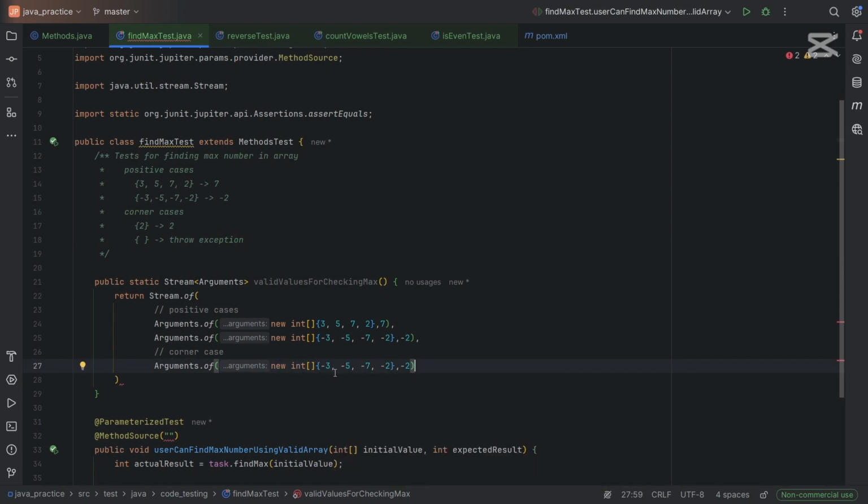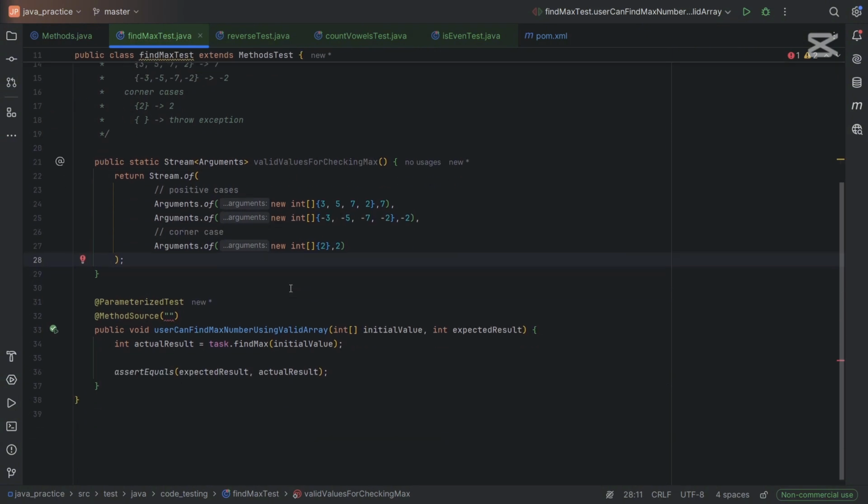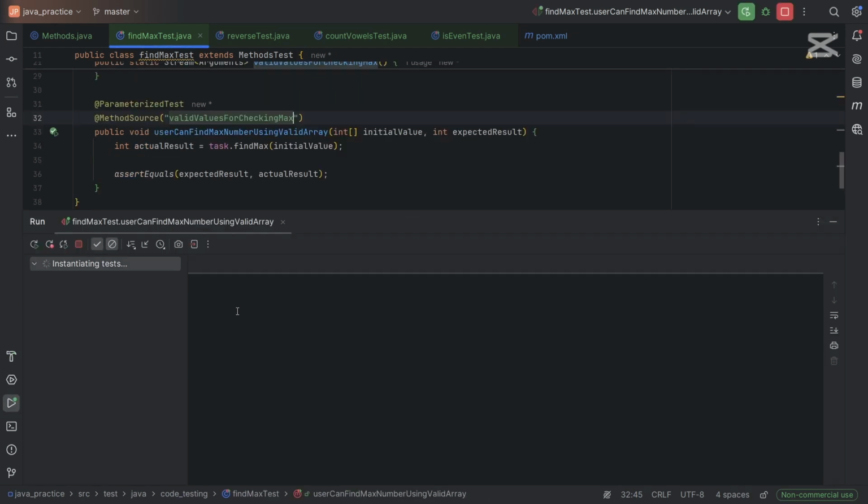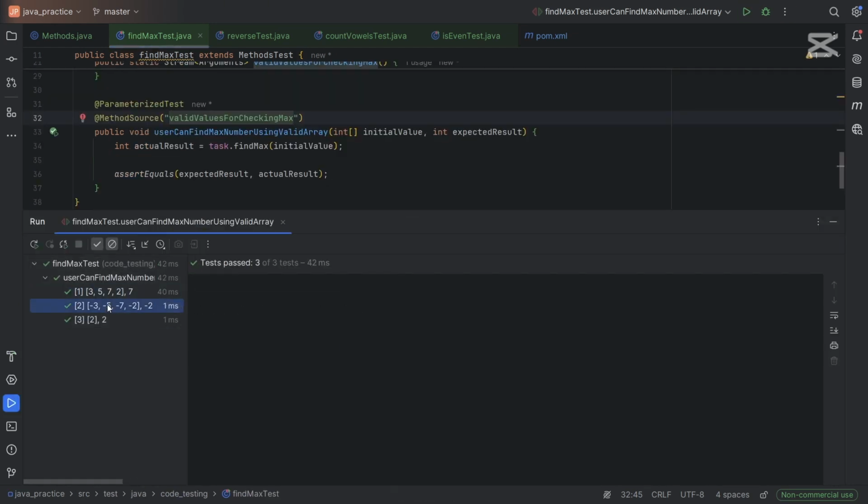So for this one, we're gonna keep only 2 as a single element, and that element should be the maximum because it's the only element in our array. Alright. So now we can copy this name of the method and paste it to the method source, and now we can run this. So all tests have passed,